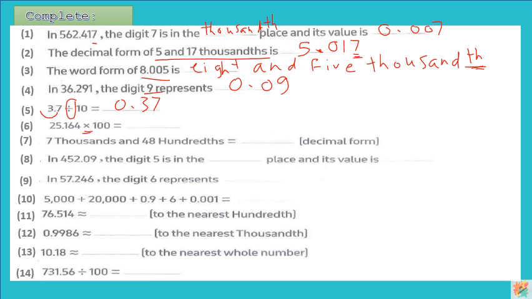طب يا مستر لما نعمل باي ايه اللي يحصل؟ Move decimal point to right. طب دي يا مستر 100 عندها how many zeros؟ 2 zeros. طالما 2 zeros to move decimal point 2 places, so it will be 2516.4. The next question,